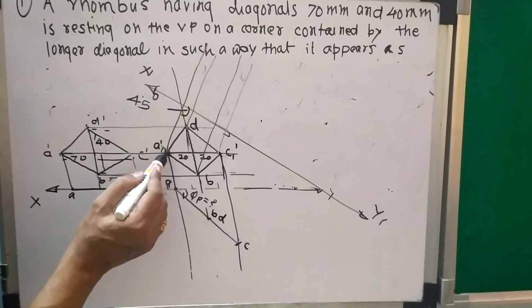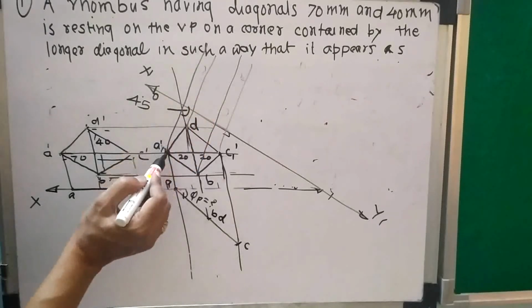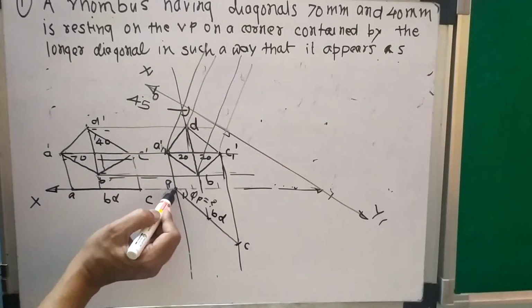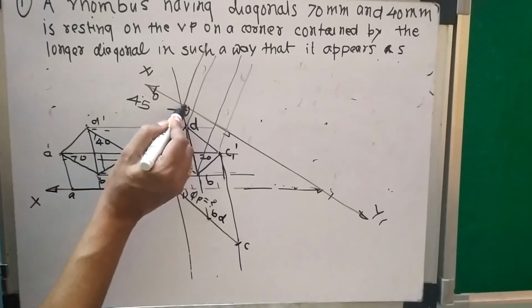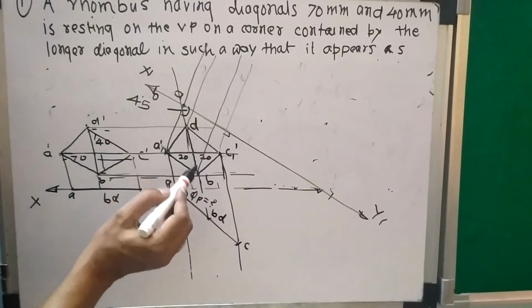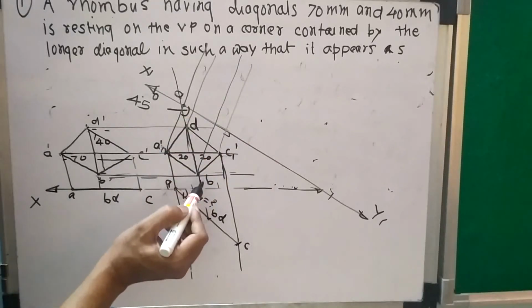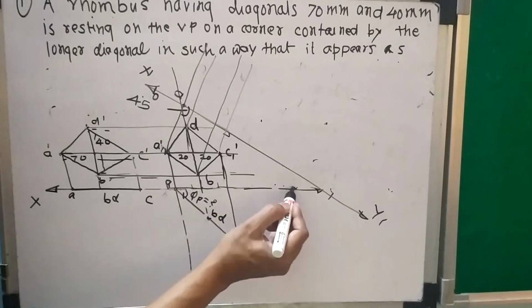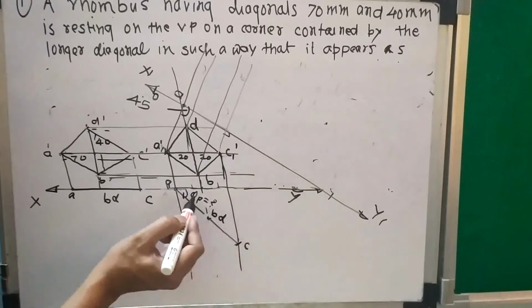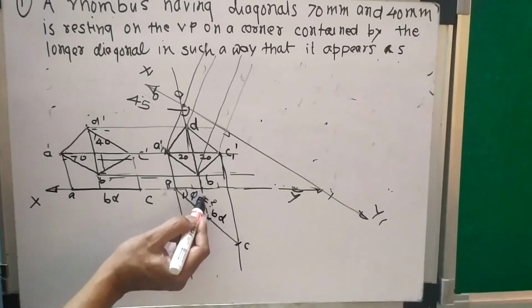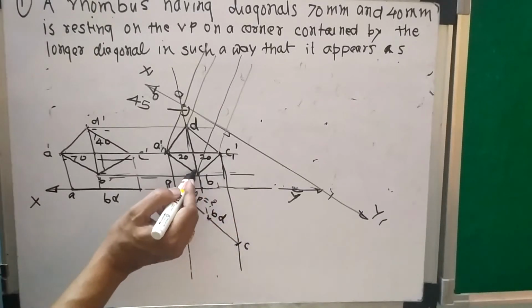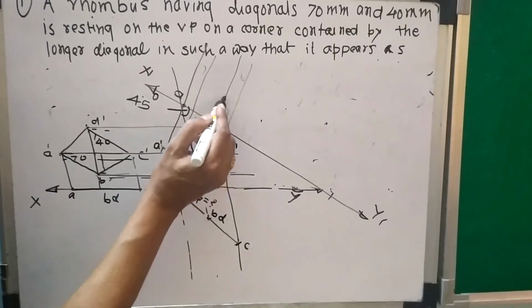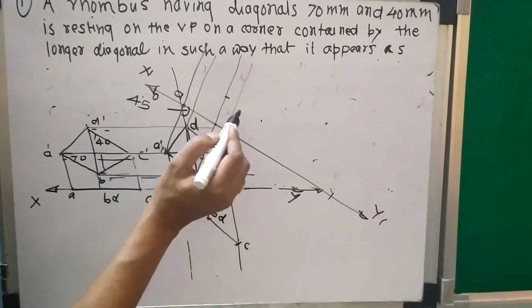For example, if I am projecting A, then the previous view of A is this. It is on XY, so it will come on X1, Y1. So this will be my A. Then this is B. The previous view is this B. So this distance from the XY line, this distance is taken in the compass, and from this new X1, Y1 I will cut. So this will be my B.